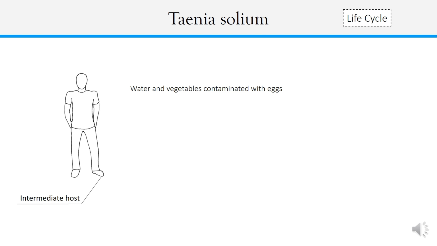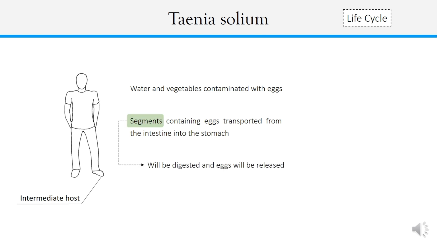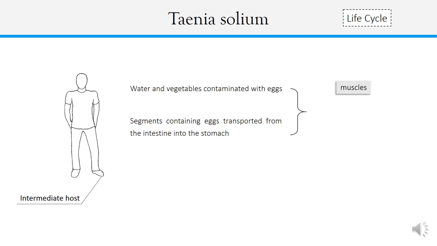But there is another possibility to become infected with the eggs. Some segments of the big adult worm will detach from its trunk and be transported into the stomach. In this case, segments will be digested and eggs will be released. In both of these situations, oncospheres may then be transported into the muscles, brain, eyes, and other tissues of the